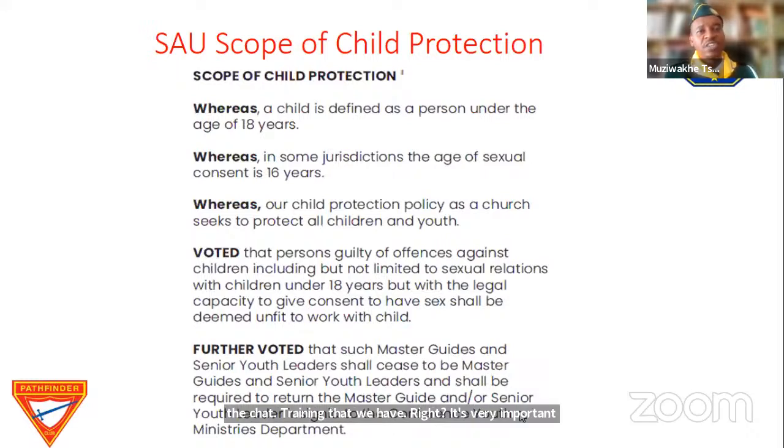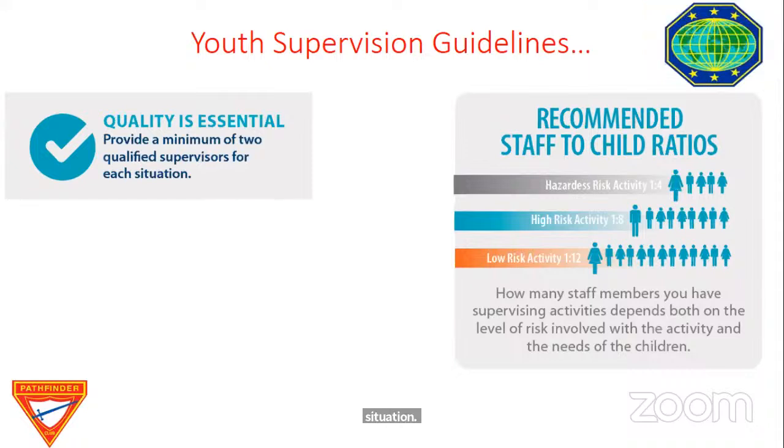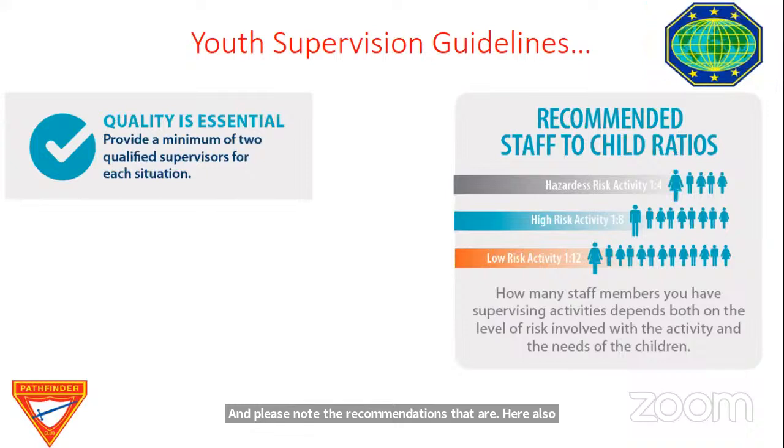Now, regarding youth supervision guidelines, here, leaders, we say quality is essential, and to ensure that we have good quality, we need to provide a minimum of 2 qualified supervisors for each situation. And please note the recommendations that are here also regarding the staffing of leader to child ratios,